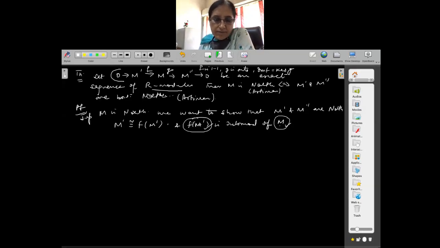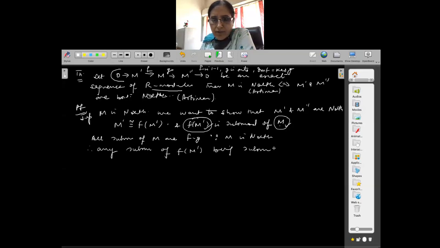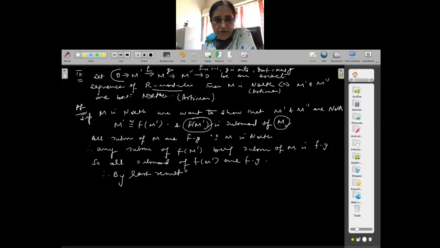Therefore, by the last result, F of M dash is a Noetherian R module.